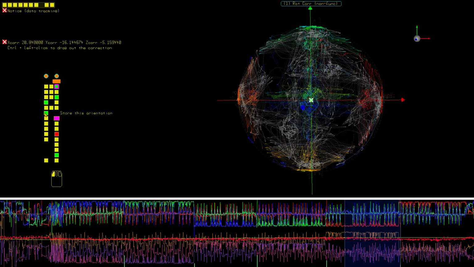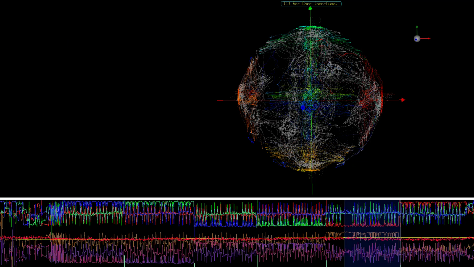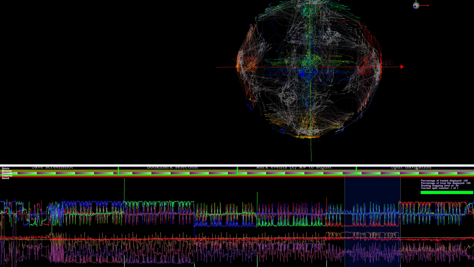So I can store this correction. That becomes the third from there. So 20.84, minus 16.14 and minus 5.159. Okay, so I can, if I move this up out of the way, I can